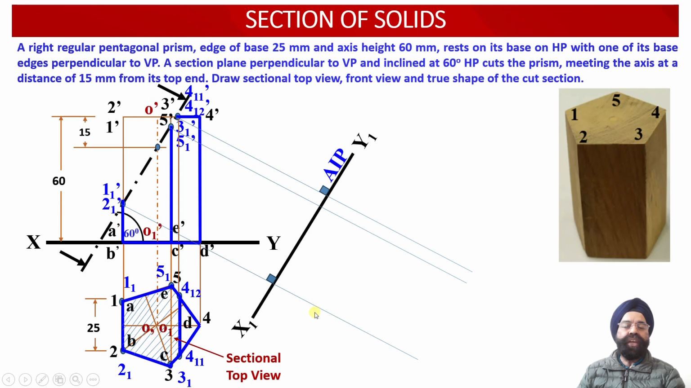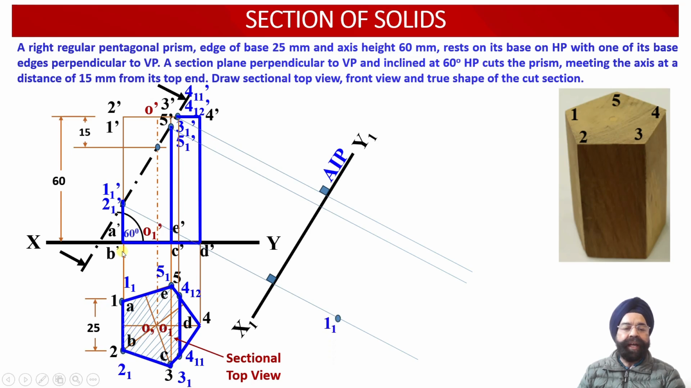So let us evaluate the auxiliary plan projections obtained onto this auxiliary inclined plane. Here we have the locus line emerging from the points 1 dash and 2 dash, which are the points of intersection of the cutting plane with vertical edges 1 dash A dash and 2 dash B dash respectively. Now we need to measure the distances of the points 1 1 and 2 1 from the XY